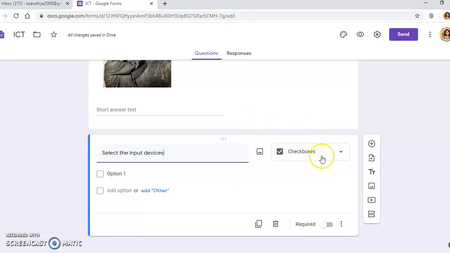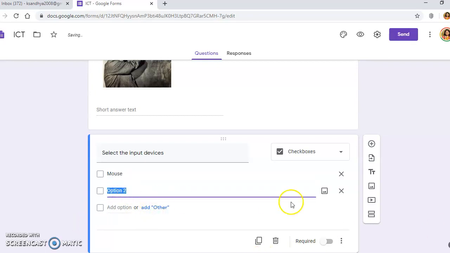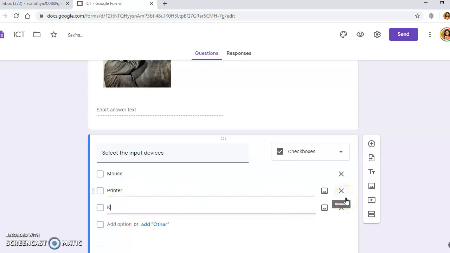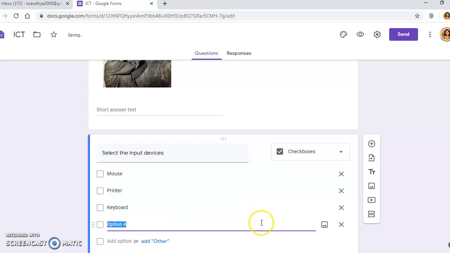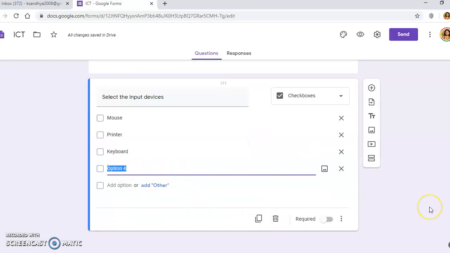So automatically, you see, Google is very intelligent. It has given me check boxes. So more than one option my students can select. If I type here mouse, then add option, printer, keyboard, and pen drive.